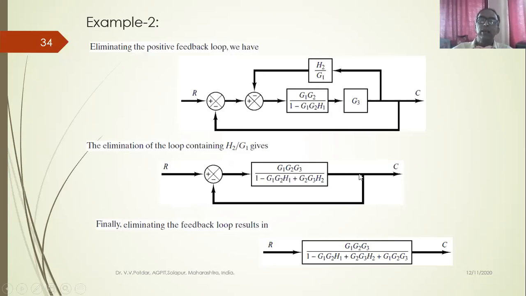And lastly, this is a unity feedback loop. How to eliminate this unity feedback loop? So what will be the overall transfer function? By eliminating this loop, forward block elements divided by 1 plus, when the negative feedback is there, I take the plus sign, 1 plus these forward block elements into the feedback element. In the feedback element, no block is there. So what should I take? H is equal to 1. So it is a unity feedback. And ultimately, eliminating the feedback loop, I get R as the input, and all these are combined together and I get C. So C by R is the transfer function, and it will be this value.